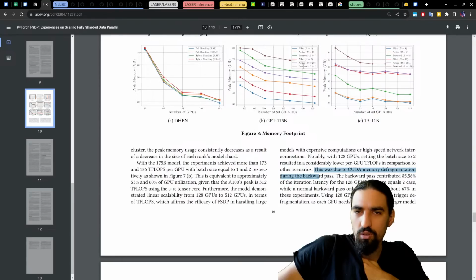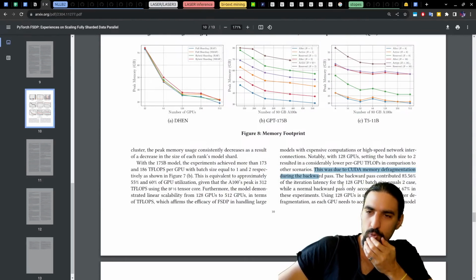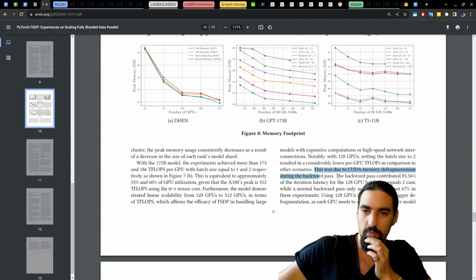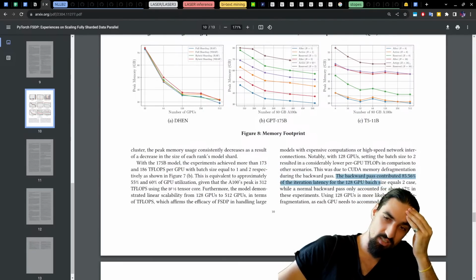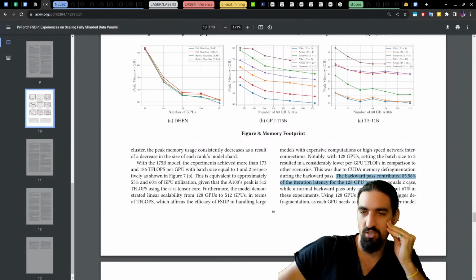This was due to CUDA memory defragmentation during the backward pass. The backward pass contributed 85.56% of the iteration latency for the 128 GPU batch size equal 2, while a normal backward pass only accounted for about 67%, so that's because of the defragmentation.